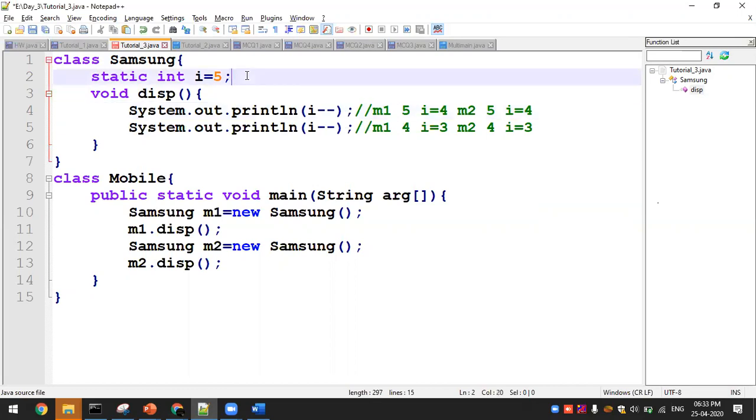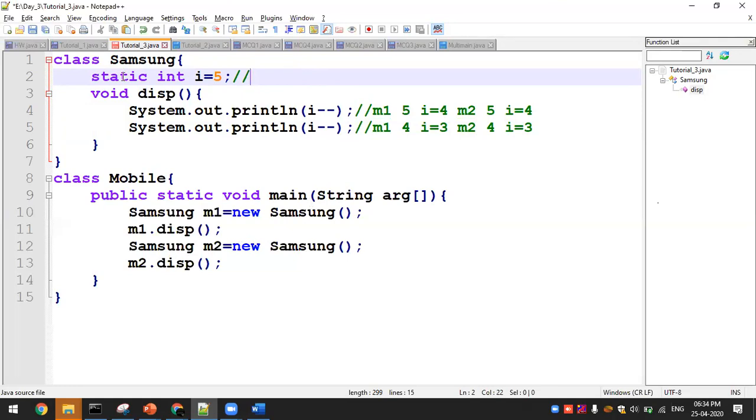So now when I called m1, it is going to print 5 4, and the i value is going to be retained as i equal to 3. In the previous case, every time you call the Samsung instance, the i equal to 5 initialization is going to start. Now this is going to be a down version. So what am I supposed to do? The same value, this line is not going to be executed again.